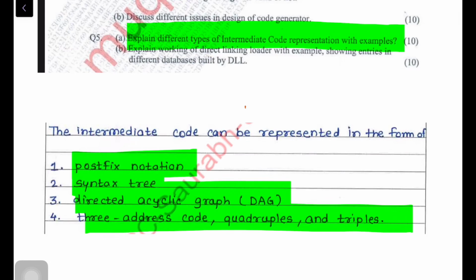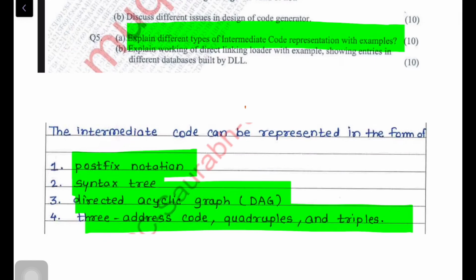Then what is DAG, sir? DAG is a directed acyclic graph which is similar to a syntax tree, but a syntax tree has repetitive or redundant information. The same thing is executed multiple times in a syntax tree. So B plus A or A plus B is there in a syntax tree 3 times.